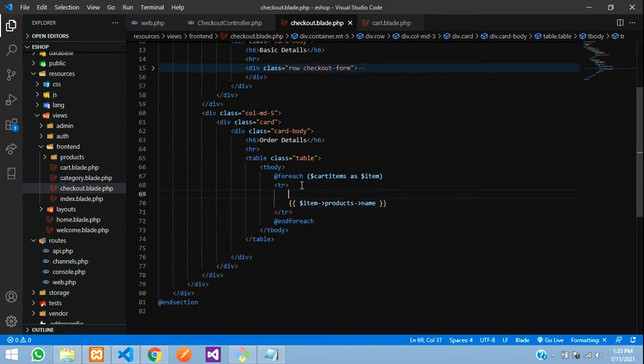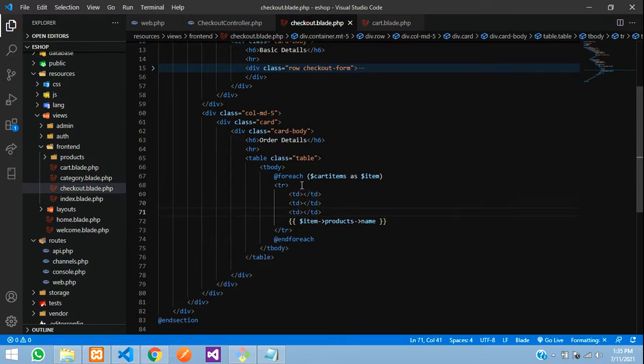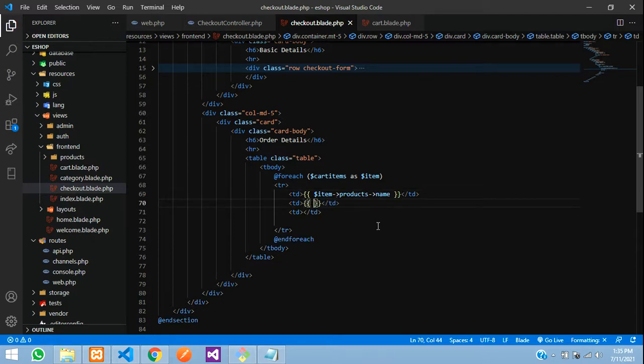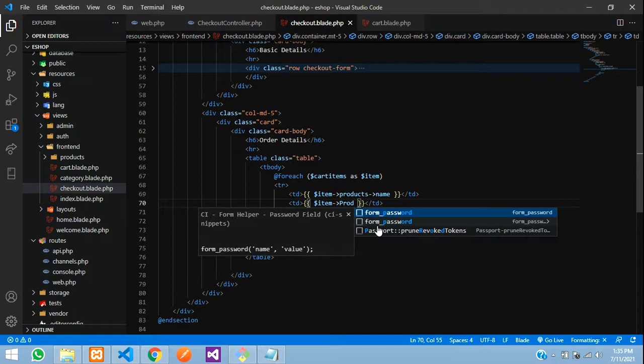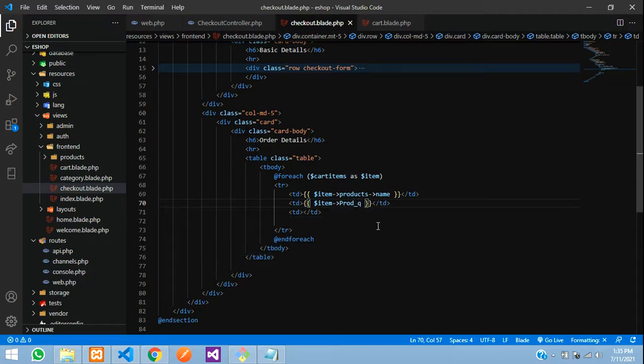So here let's say table data. We will have 3 data over here. One will be the product name, and one will be the quantity. Just say dollar item of QTY, or prod quantity, I guess it was prod QTY,